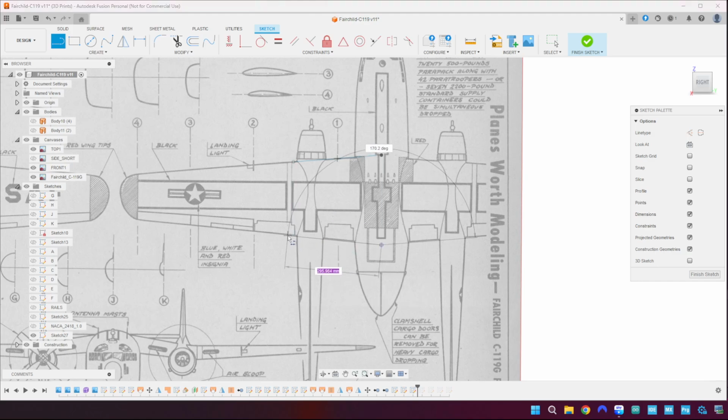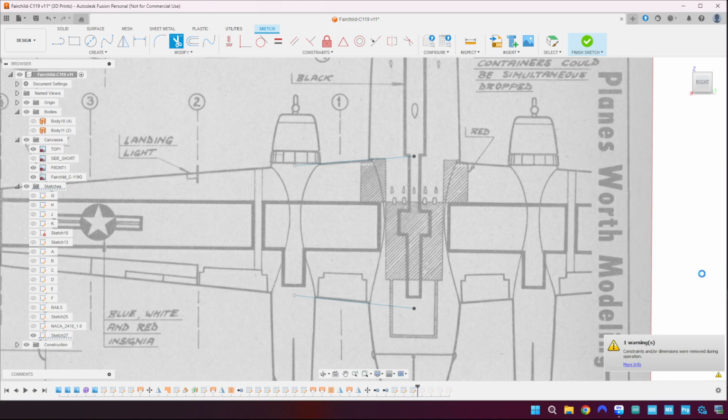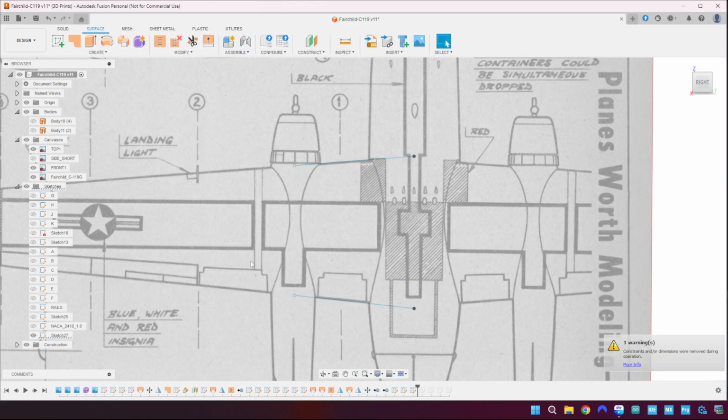From here we go there, and then I do one in the middle here, and then I get a trim there, and then I finish the sketch, put back the knacker,